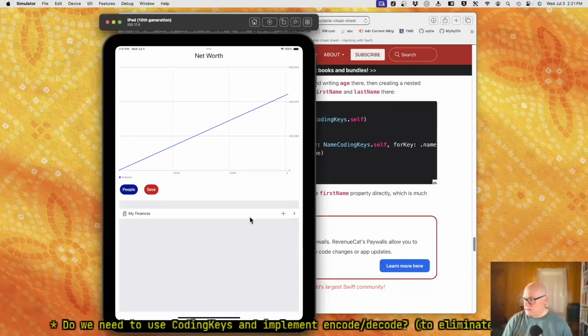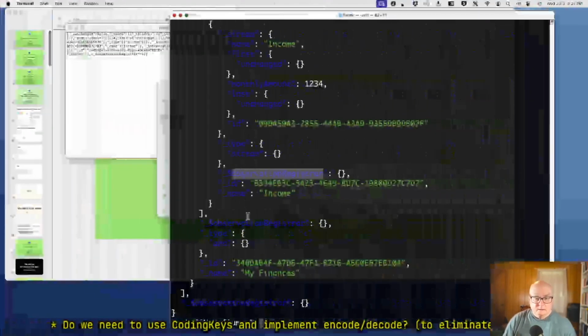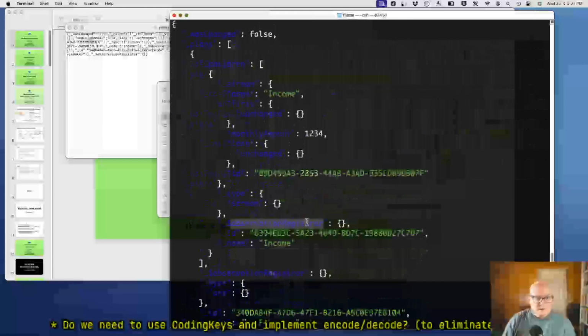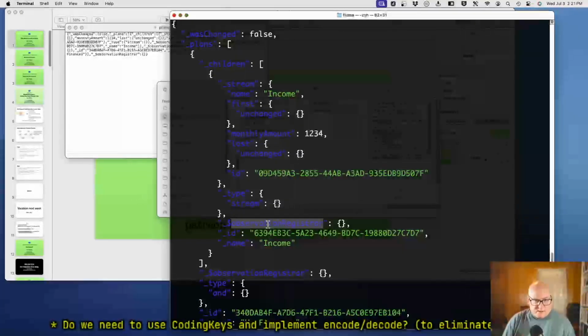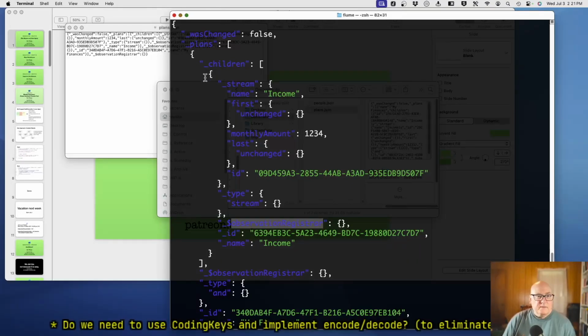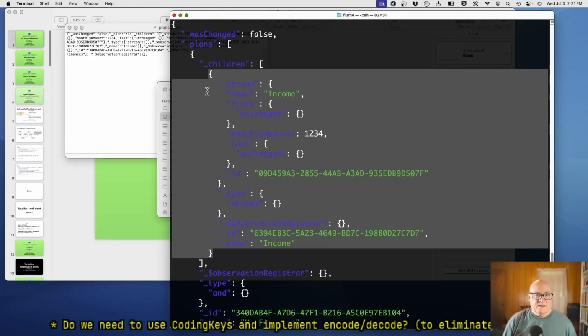Observation is nested. Right, so this observation registrar shows up on, well, this object. Oh, that's nice. Okay, this object is one of the children, which is a plan. It can change on us unless we rebuild the app.